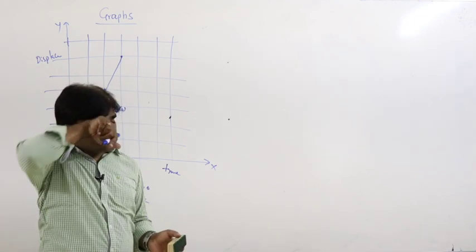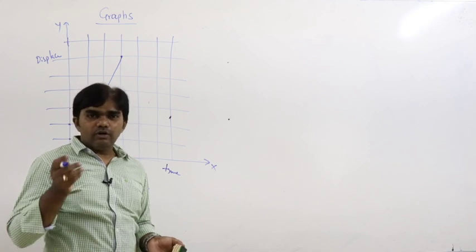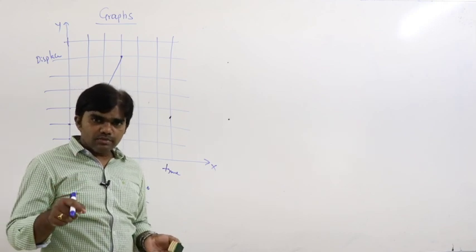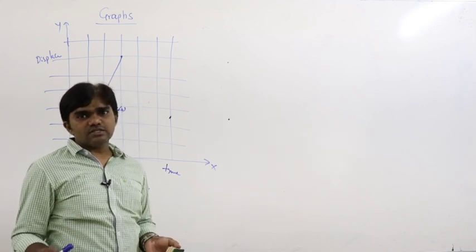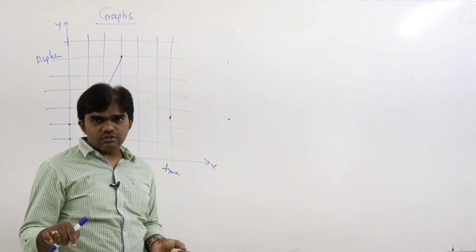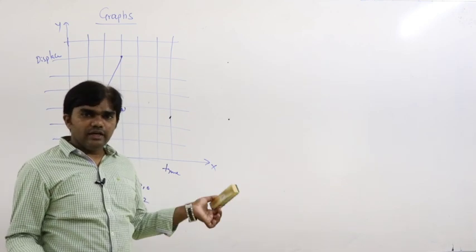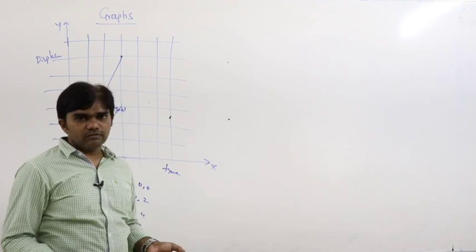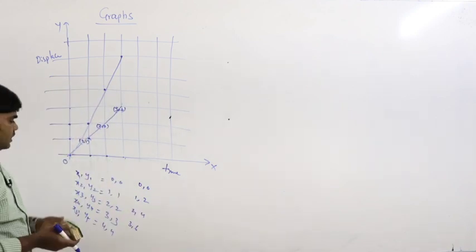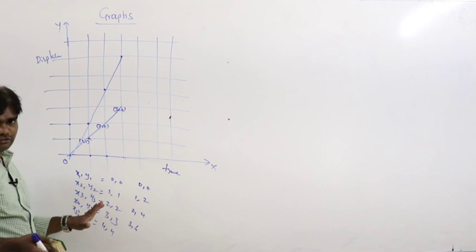If the body is at rest, what is the shape of the graph? If the body is in motion, meaning it moves with uniform velocity, with acceleration, or with retardation, in different situations, what is the shape of the graphs? That we can discuss. Actually, this is the way to design the graph here.